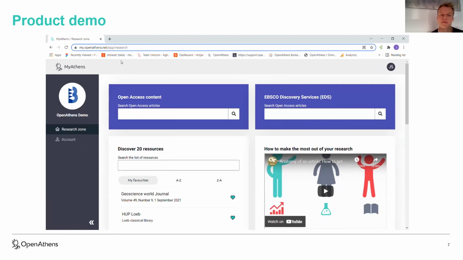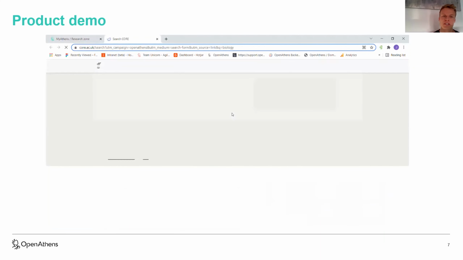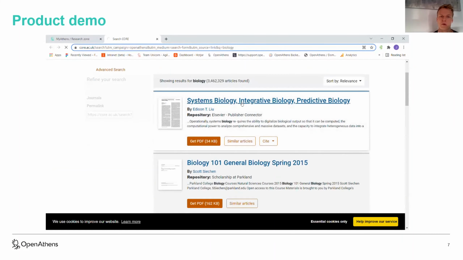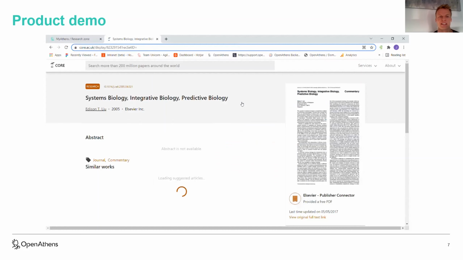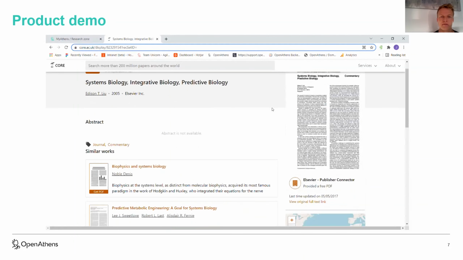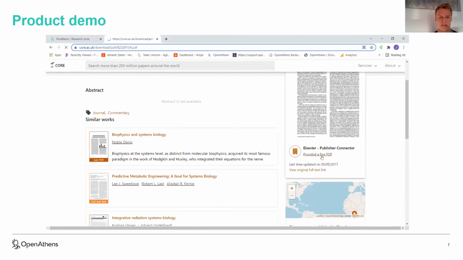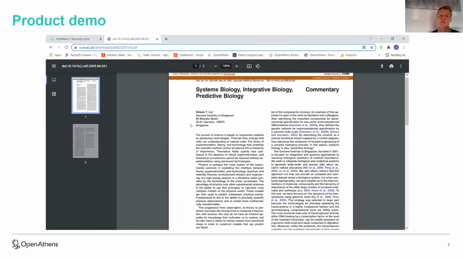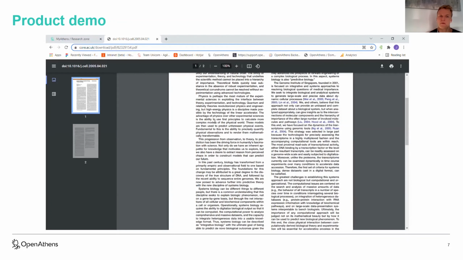So the next slide will just show what that looks like from the user's point of view. They would sign in, and obviously that search box is then available for them. They search terms such as biology, for example. Then they navigate to Core, which you'll be familiar with now from Petr's presentation. And you can see they've got access to this article, and they can then just navigate straight to the PDF. So from the user's point of view, again, it's all about MyAthens being that starting point for research.